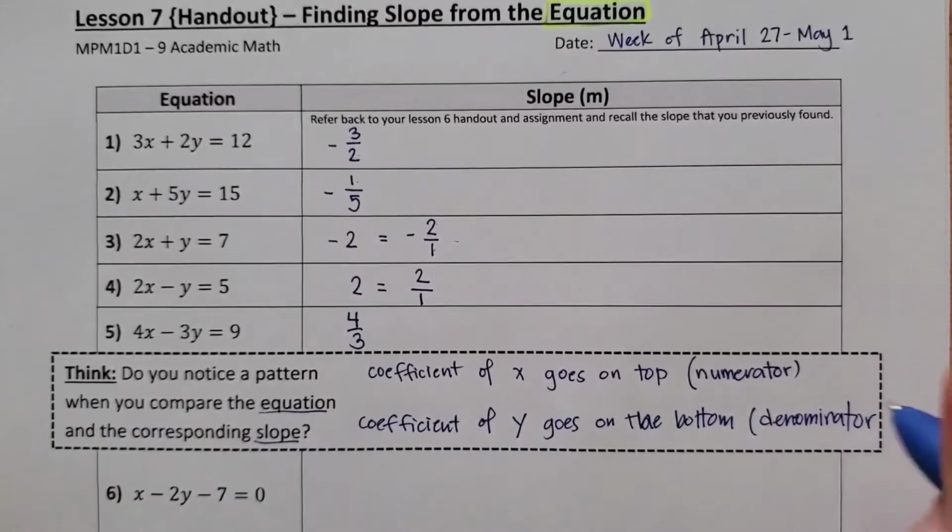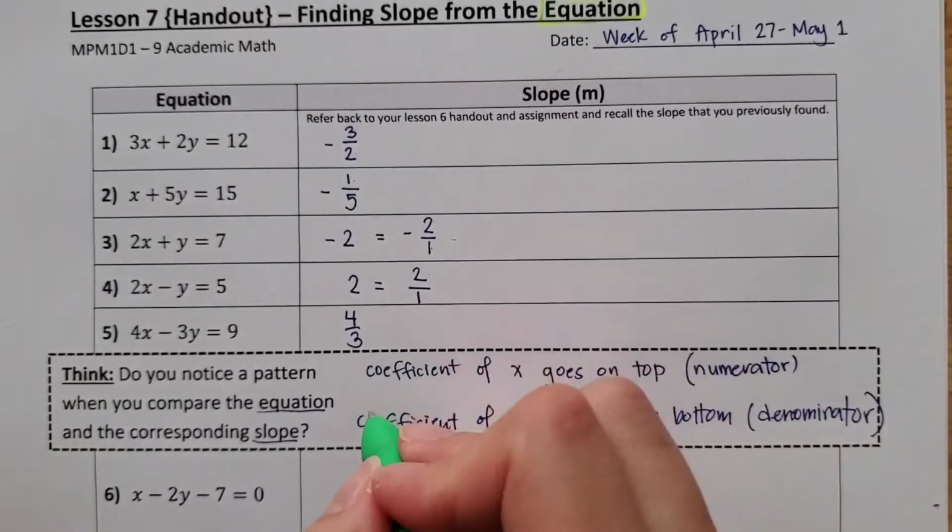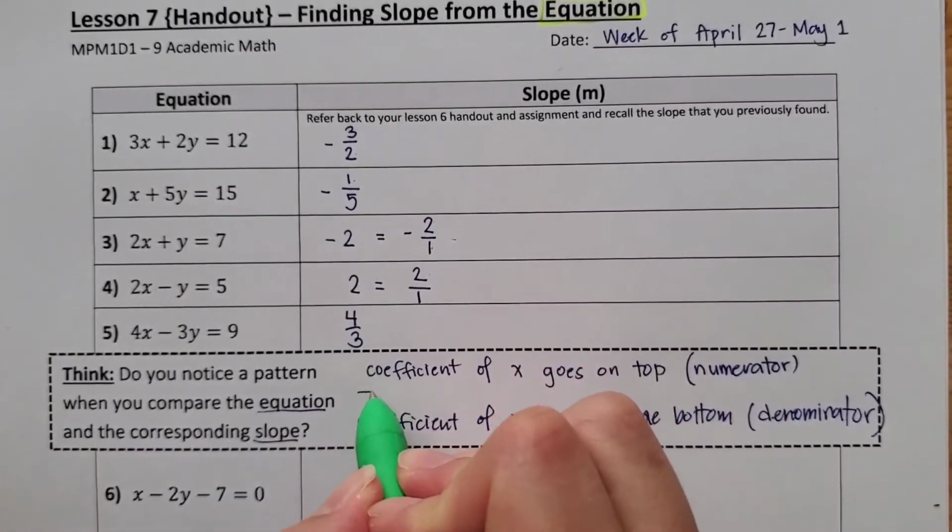Okay, that's the pattern for the slope when you look in the equation, okay? I'm just going to put this line here just to signify